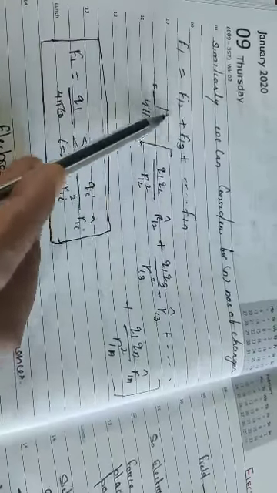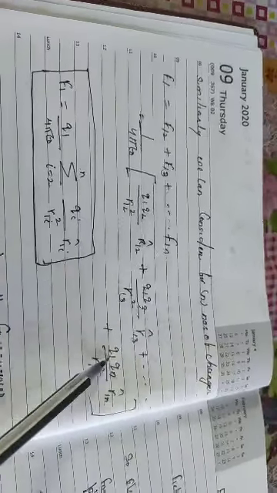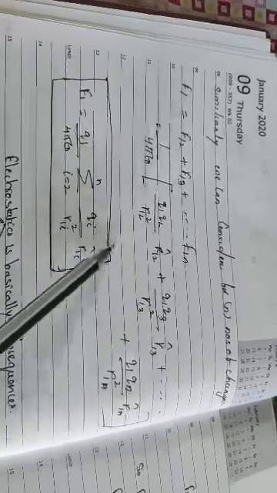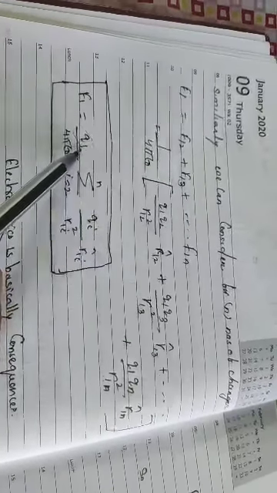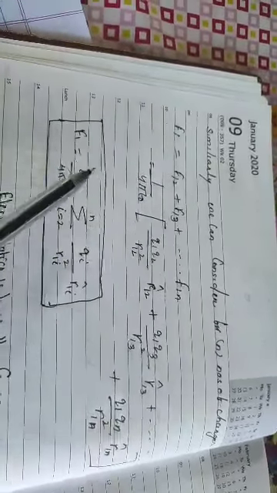But if you want to consider n number of charges, see, I have considered F12, F13, similarly F1n. So I have 1,2, 1,3, 1,5, like this up to 1n. So this is a sum. Q1 is common, because Q1 is the charge which experiences the force due to the other charges. So here you can take Q1 common, sum over i equal to 2 up to n number of charges. This is the formula with the help of Coulomb's law and the superposition principle.